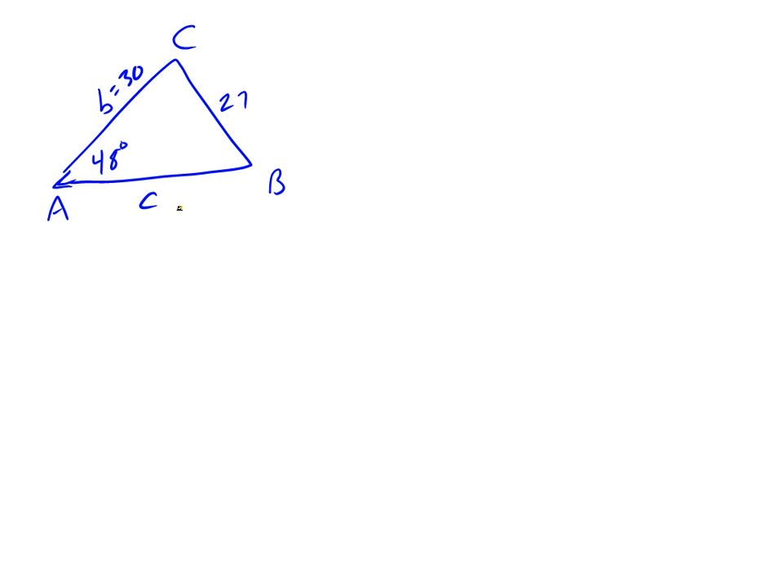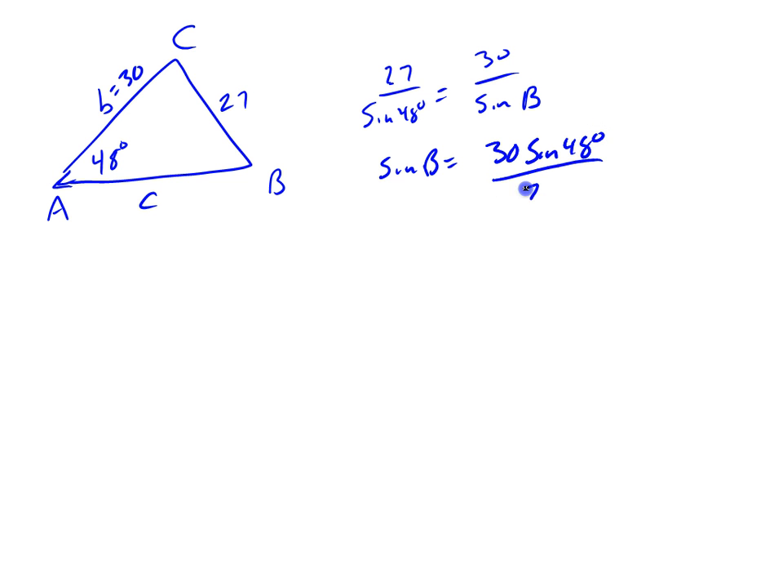So you set up the law of sines, right? Because you've got 27 over the sine of 48 degrees equals B over the sine of, which is 30 over the sine of B. And you can solve for the sine of B by multiplying it up there. Anyway, you get that the sine of B is 30 times the sine of 48 degrees over 27,